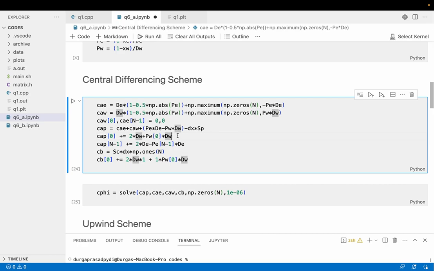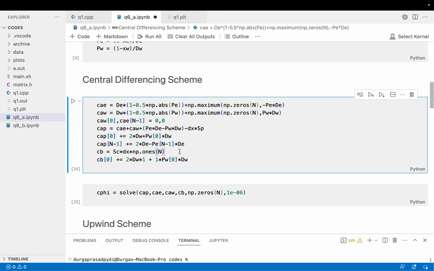Now what we have to do is for the cell boundaries, my AP value has to be updated. Previously I have made the coefficients to be 0. If I did not make them 0, the coefficients would have automatically been added. Now that I made them 0, I have to add it manually. So at the left boundary you have 2 times DW and then FW, which I am writing as PW times DW. Similarly for the east one,